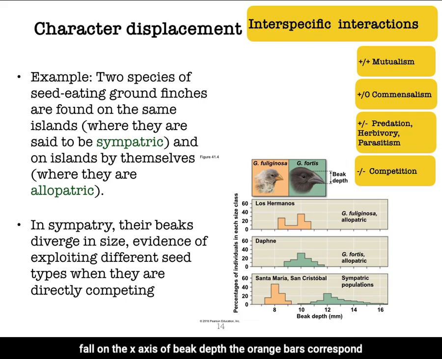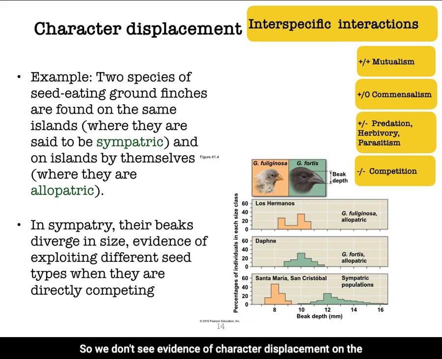The orange bars correspond to Fuliginosa, while the green bars represent Fortis. Only Fuliginosa is found on Los Hermanos, and only Fortis is found on Daphne. These populations are allopatric. Notice that there is a lot of overlap in the beak depth between the 2 species in these allopatric populations. They aren't competing with members of the other species on these islands, so we don't see